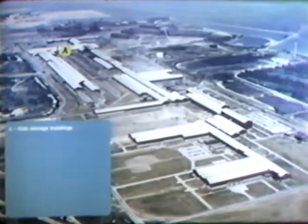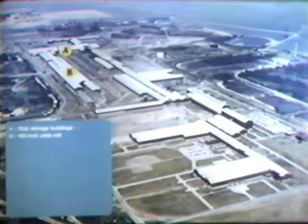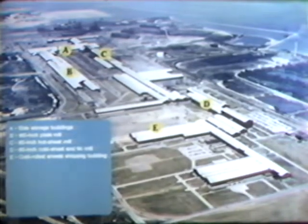This is the Burns Harbor plant of Bethlehem Steel Corporation as it looked in June 1973. Major building groups are A, slab storage buildings, B, 160-inch plate mill, C, 80-inch hot sheet mill, D, 80-inch cold sheet and tin mill, E, cold rolled sheet shipping building,